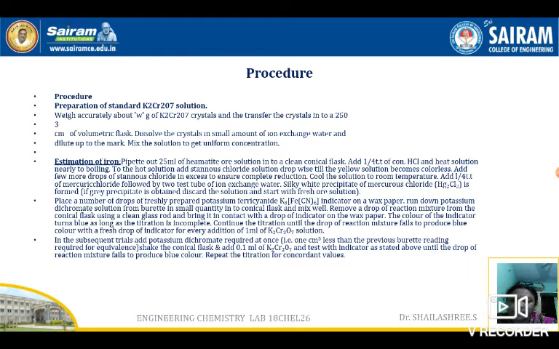I think you understood. We have to take 25 ml of the hematite ore solution, add 5 cm cube, that is a quarter test tube, of concentrated HCl, and boil the solution. To the hot solution, add stannous chloride dropwise until it becomes colorless, and after it becomes colorless, add just 1 drop extra to ensure complete reduction. Then cool the solution. To the cooled solution, add mercury chloride and we must get a silky white precipitate. After getting the silky white precipitate, add 1 test tube of water to the solution, and then we have to take the indicator.